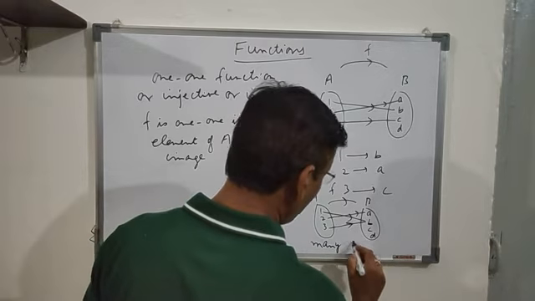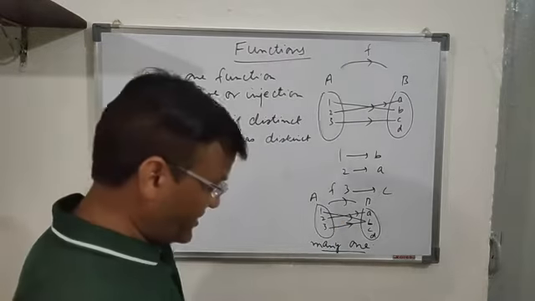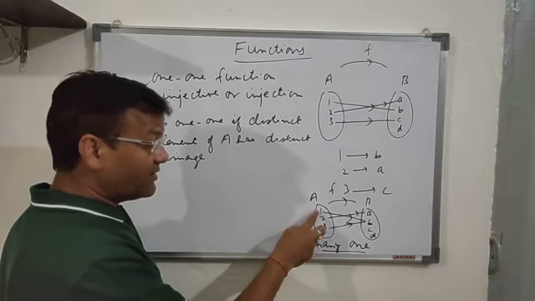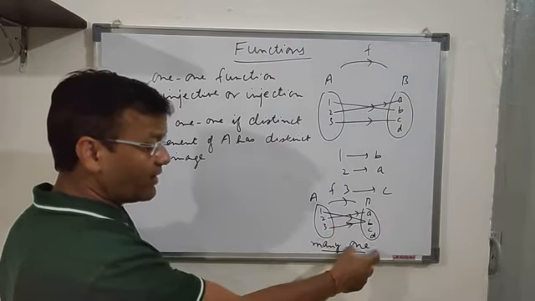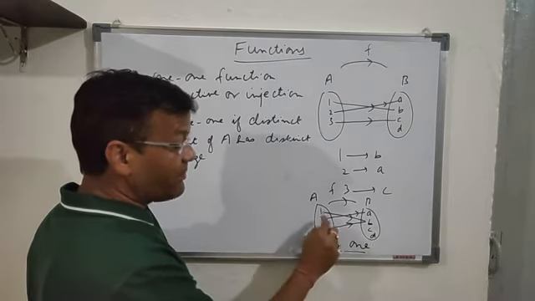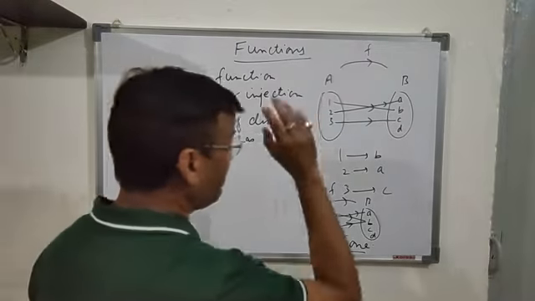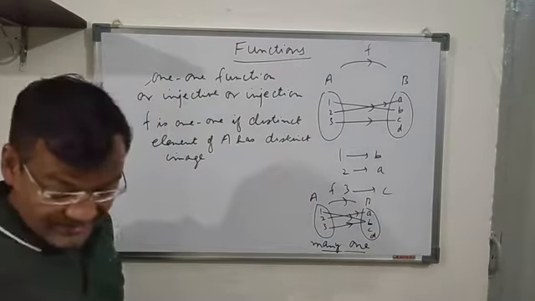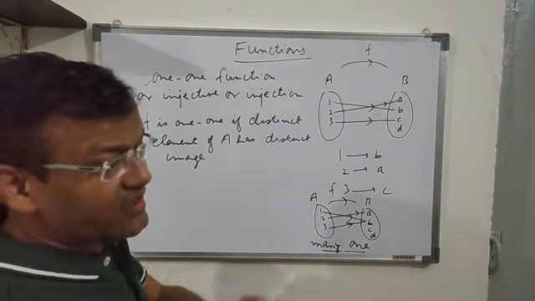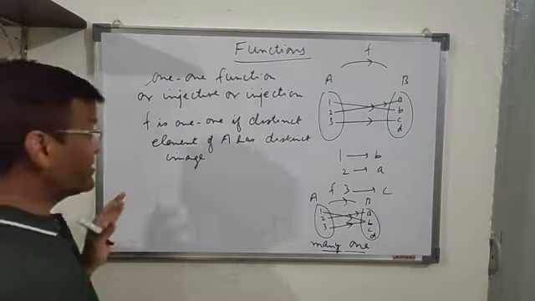Although this term is less important than 1-1, you must know what a many-one function is. Why is it many-one? Two of the elements are having the same image. Many elements of set A are having one image. So this is the many-one function, and that one is a 1-1 function. Now I'm coming to the next term, the onto function. The 1-1 function and the onto function are very important. The problems will be based on these two functions.